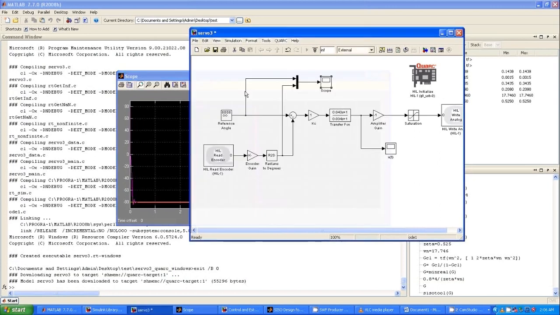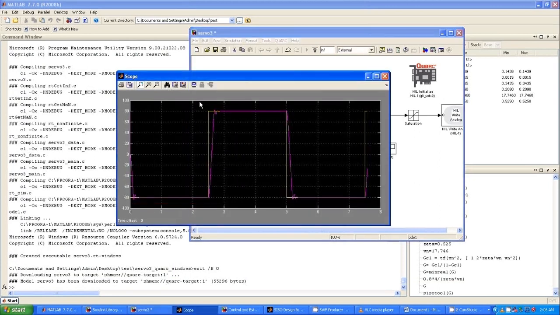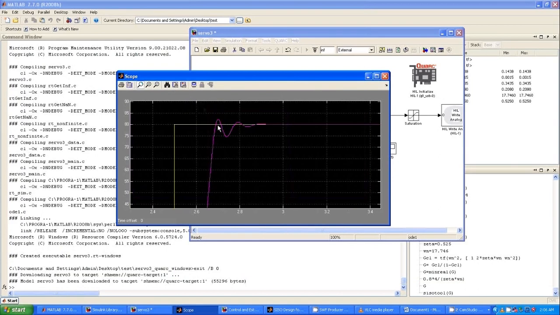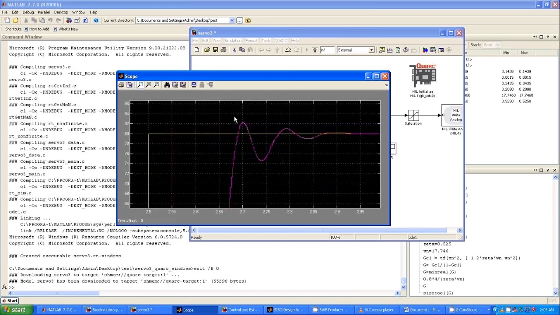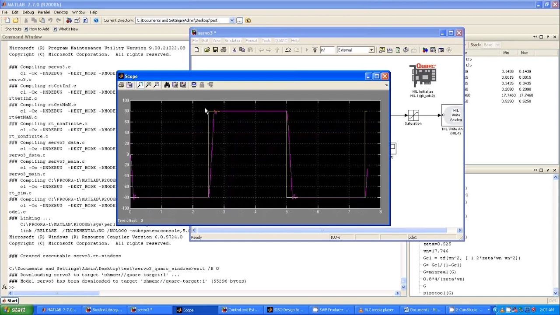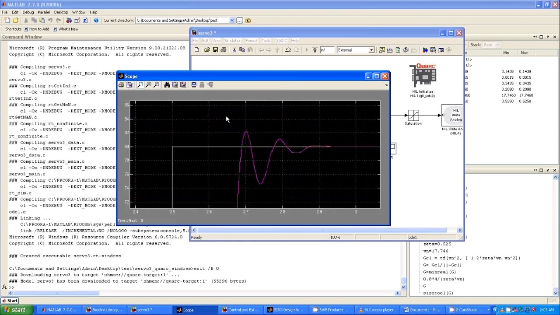Now you can see that the waveform we are getting has less overshoot, and I think the settling time is also less. So that means we are able to achieve our desired specification. Previously overshoot was more than 10%. Now we see the maximum value is very near 82. So 82 minus 80 divided by 80, if you work it out, will be a much lesser value. So we are able to achieve our transient specifications.